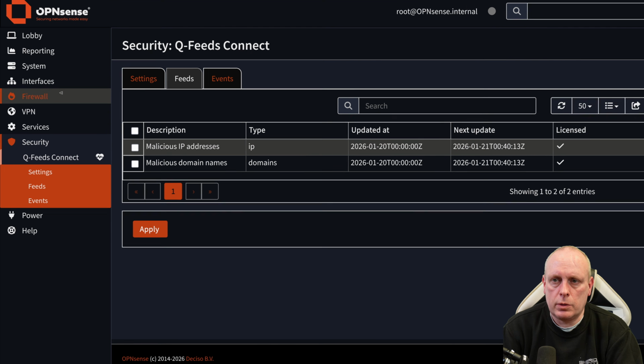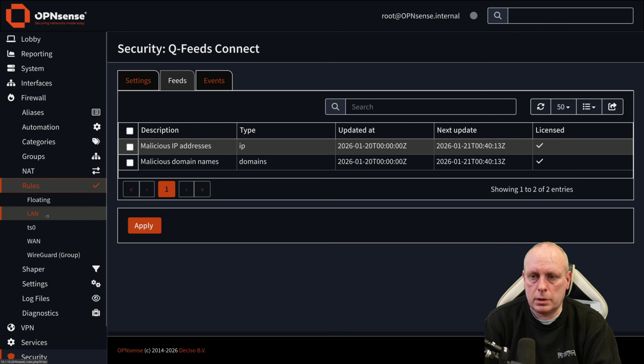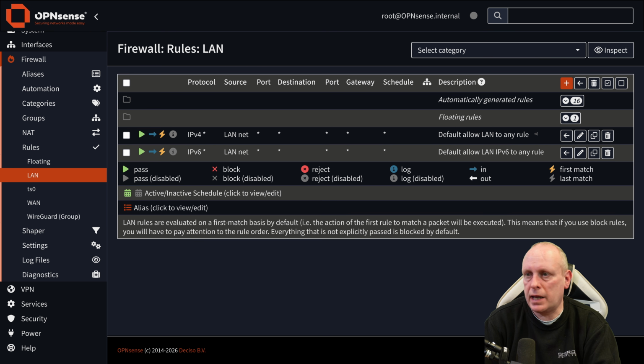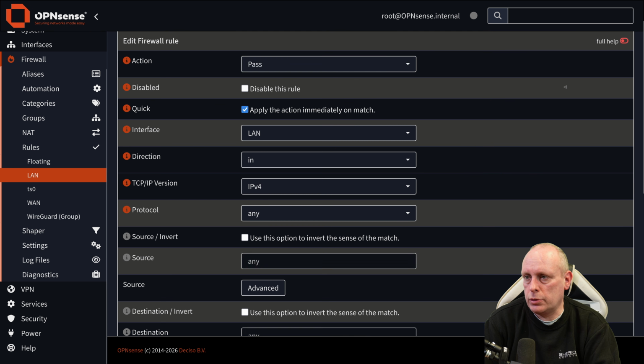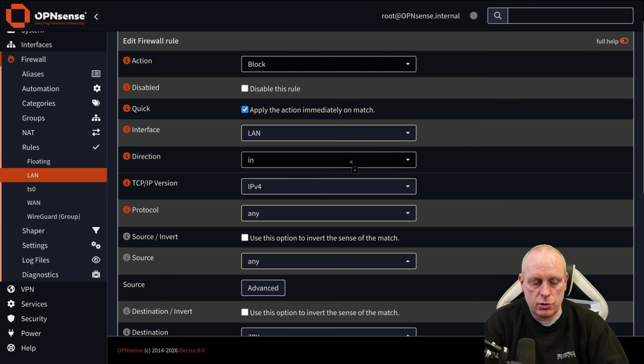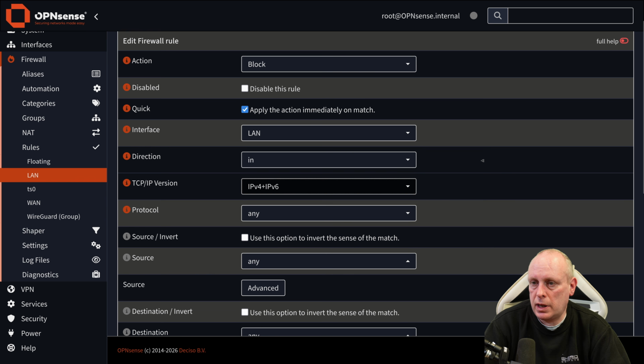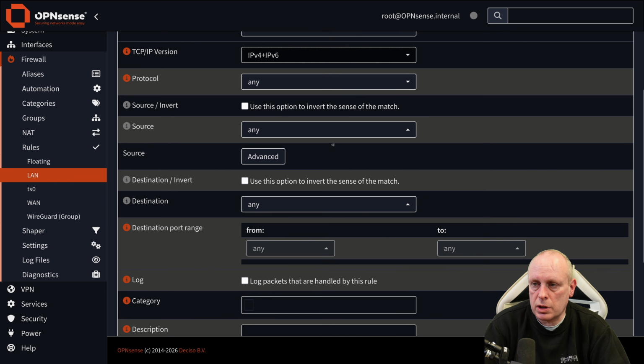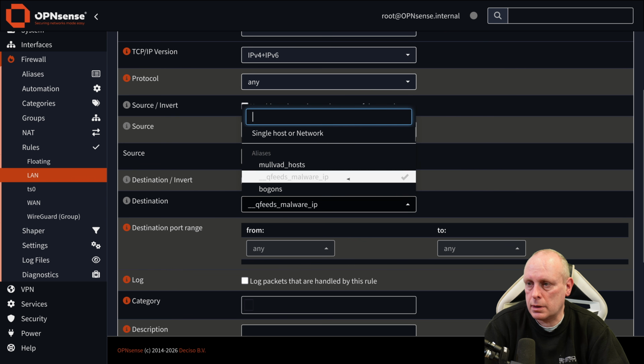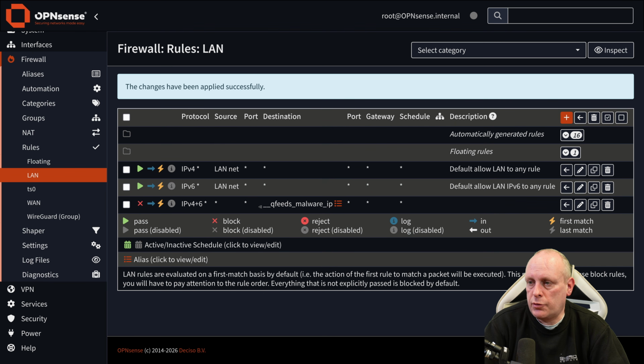Switch back to this. I want to go to Firewall, Rules, LAN. We're going to add a new rule here. We want to block from the LAN in, so we're blocking any traffic from our LAN into the firewall. We want both IPv4 and IPv6. Now the source we're just going to leave to any, but the destination, this is what we need to set to our QFeeds, which is here. And then, so we're blocking any traffic coming in from the LAN that's destined for these IP addresses,